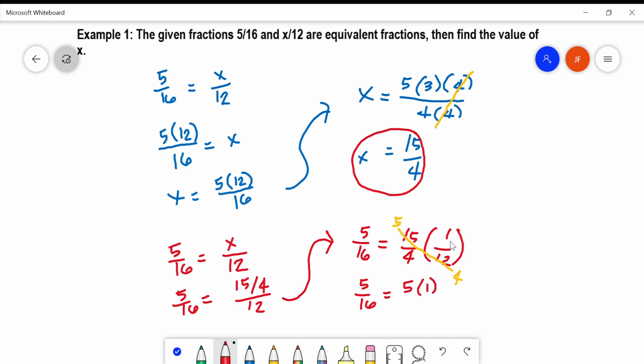Okay, over 4 times, instead of 12, we have here 4. Okay, so as you can see, 5 times 1 is 5, and 4 times 4 is equal to 16. It only shows